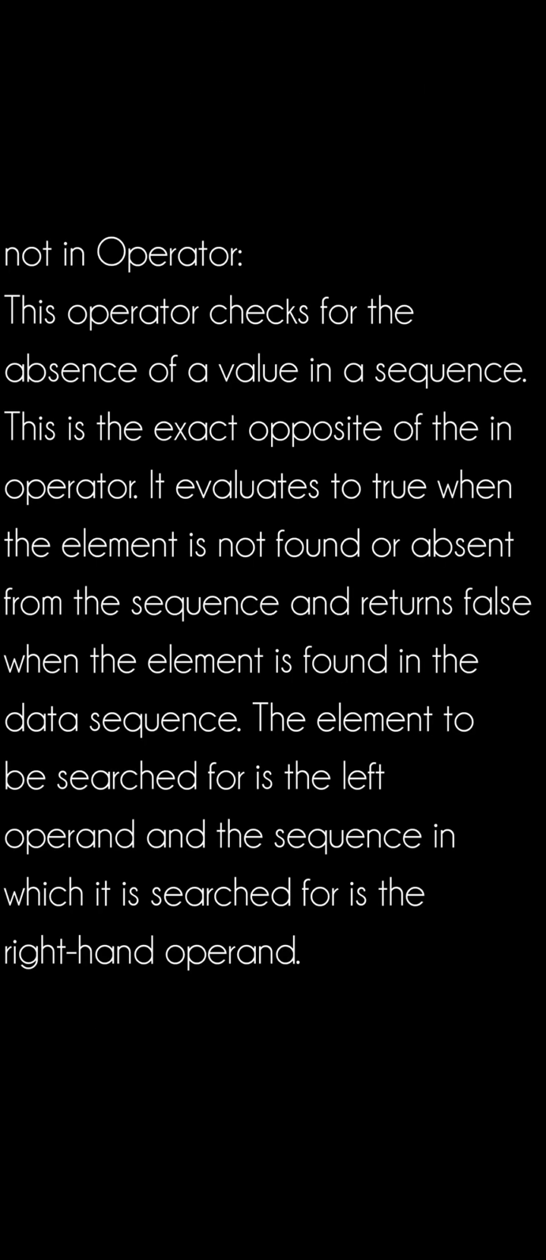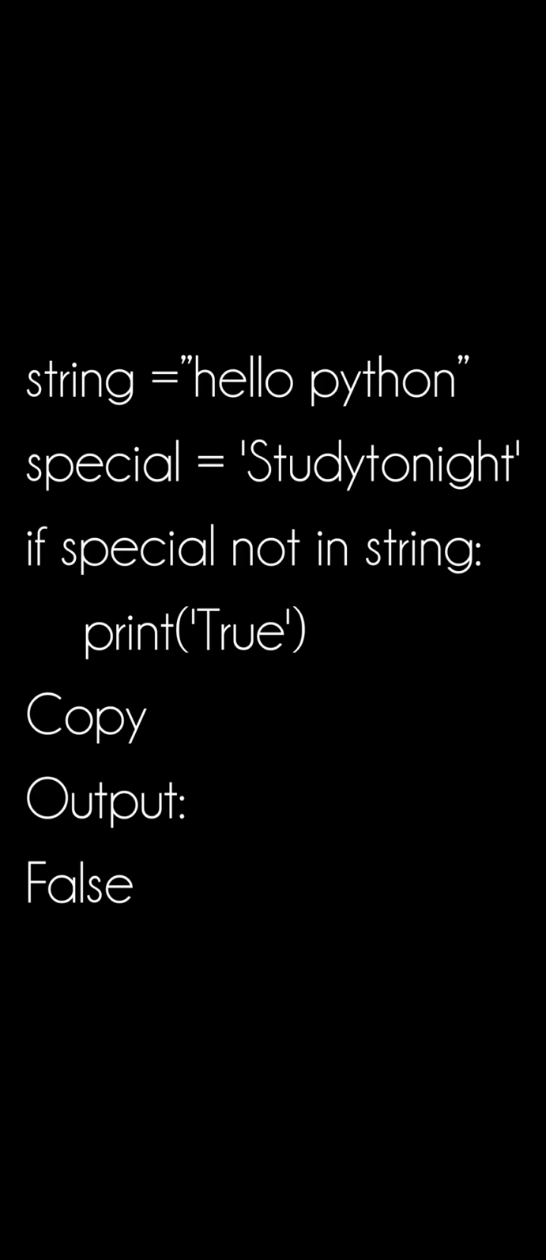not in operator. This operator checks for the absence of a value in a sequence. This is the exact opposite of the in operator. It evaluates to true when the element is not found or absent from the sequence and returns false when the element is found in the data sequence. The element to be searched for is the left operand and the sequence in which it is searched for is the right hand operand. Example: